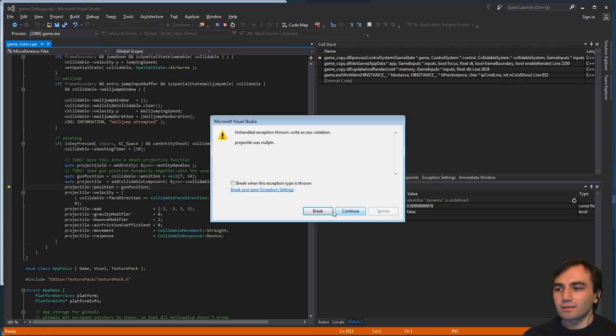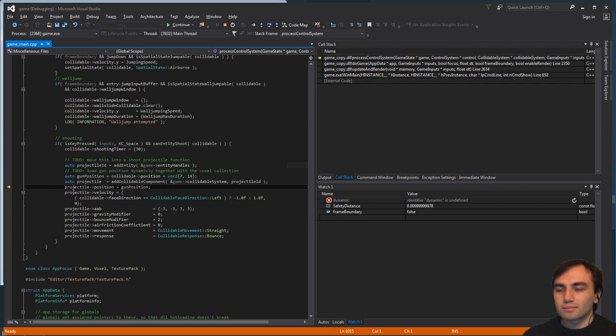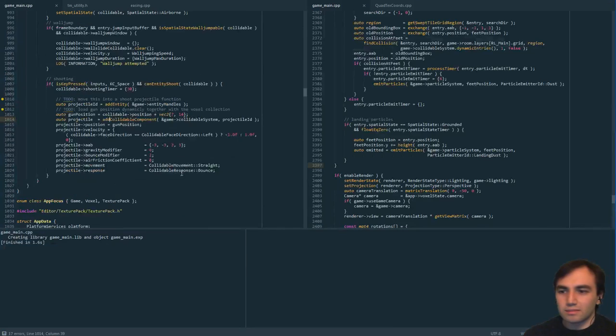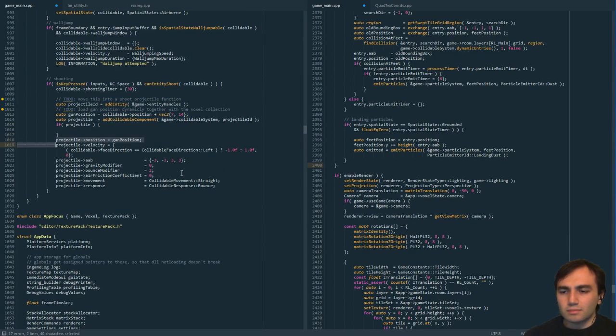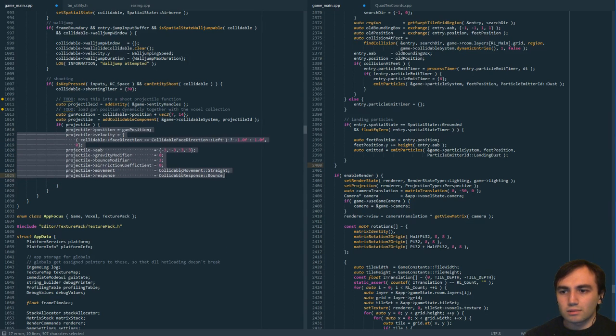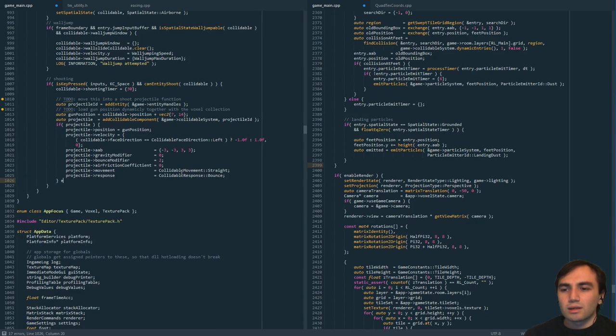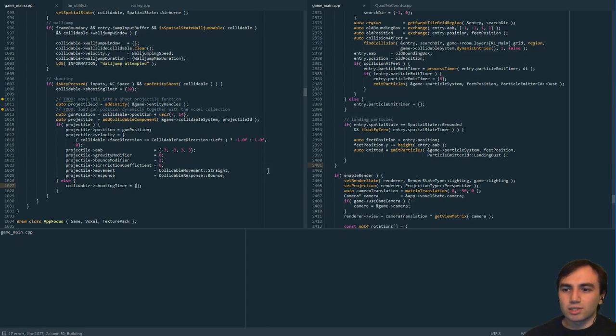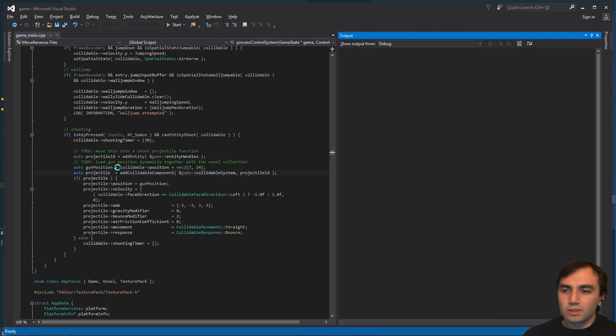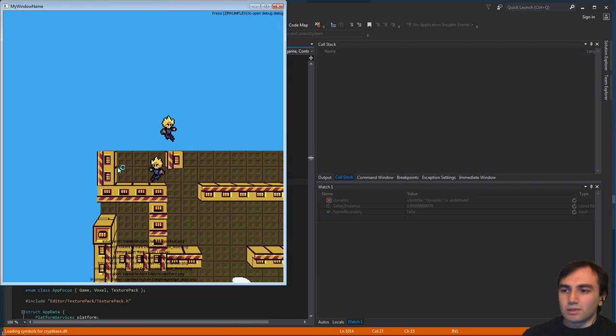Whoops. Oh, so this can be null. I should check. For the return, and else we can set this to 0 again, since we can't shoot. So we just